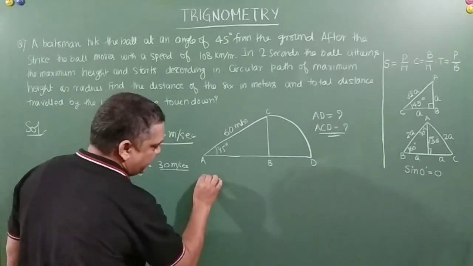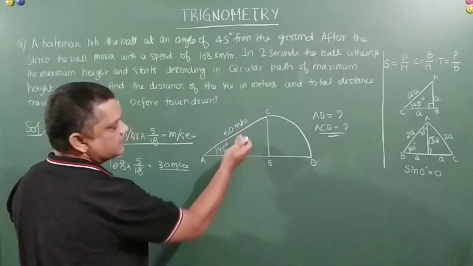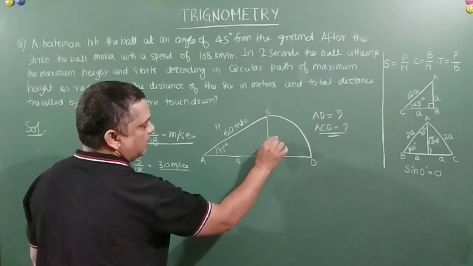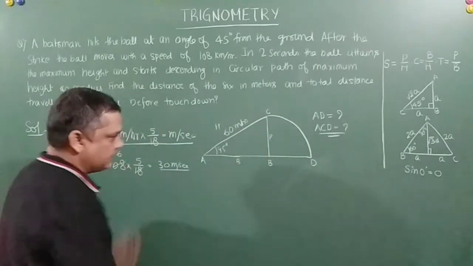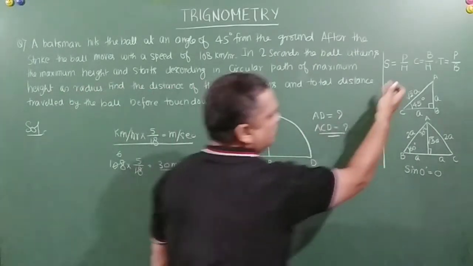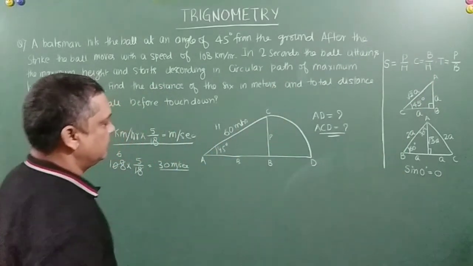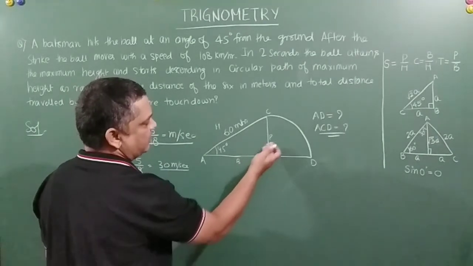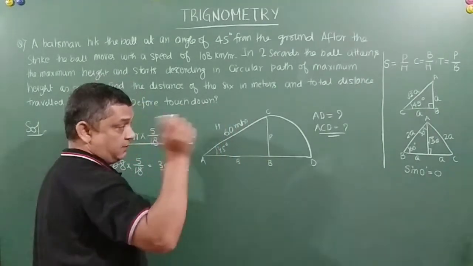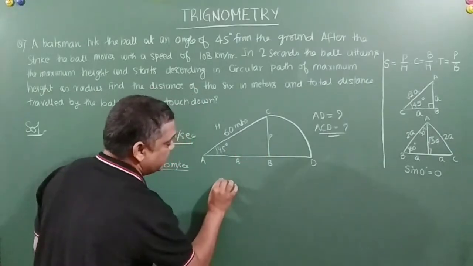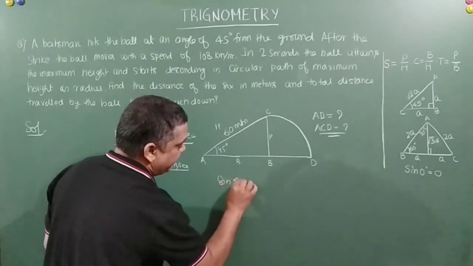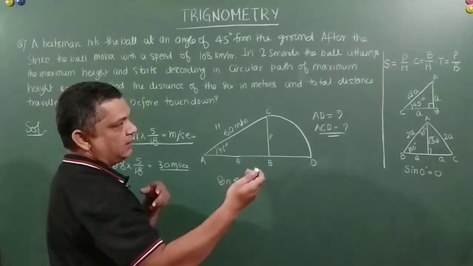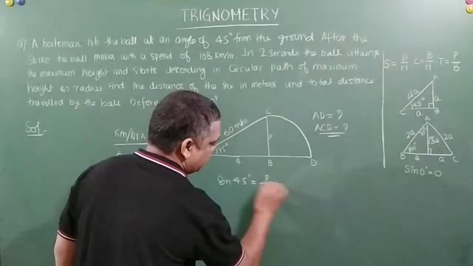Okay, so AB. This is your hypotenuse, this is your base, and this is your perpendicular, right, friends? So hypotenuse and base, which one? Cos, right? Or sine as well. Sine is nothing but perpendicular. Oh, sorry, we will find out this one, perpendicular. Okay, so we will take sine of 45 degrees. What will be sine? Sine will be nothing but perpendicular by hypotenuse, that is P by H.